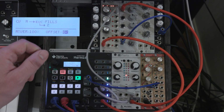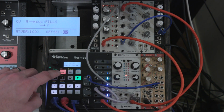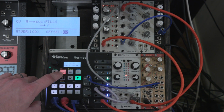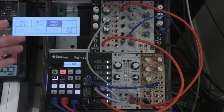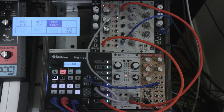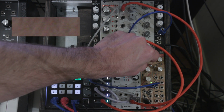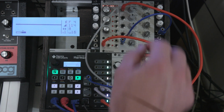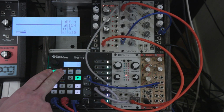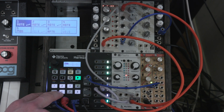I don't think it'll do over gain 100, so you can't take a really small signal, but taking a full range signal gives you these great options. So you hear that it's kind of humanized. It's not just one pattern. It's kind of changing those patterns as it goes. And if I increase the LFO, it can become more or less predictable. If I turn the other tracks back on,